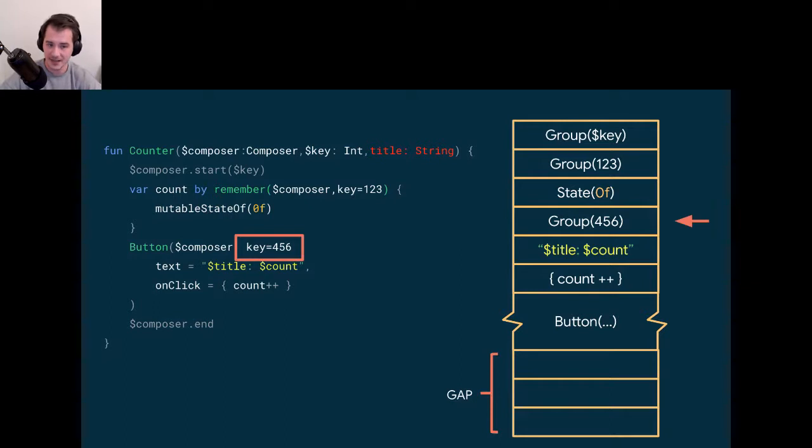Then I go to this key 4, 5, 6. I understand the button is the same, so I don't need to do anything with it. I see the title. The title changes, right? And the lambda is not changing because it's the same lambda, but the title changes. Therefore, I have to invalidate the whole button and go inside and see what changes inside, because only the text will change, right? Not the color, not anything else, just the text. And here is how we can update all the stuff.